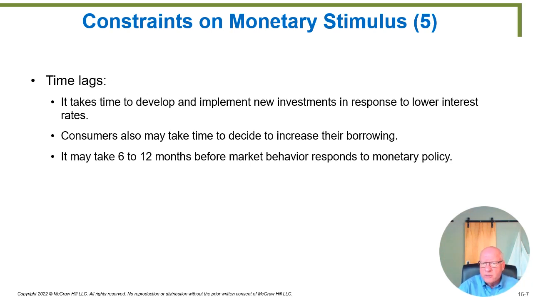It may take anywhere from 6 to 12 months before homeowners and business owners finally feel confident enough that the low interest rates get them to go into the bank and say, I'd like to borrow more money to do X, Y, or Z project. So time lags don't eliminate the stimulus. What they do is they slow it down enough that it may not be all that effective. Because it turns out that when you actually look at the historical record, the average recession only lasts about a year anyway. So if it takes that long for the stimulus to work, we'll already be coming out of the recession by the time the stimulus even works.